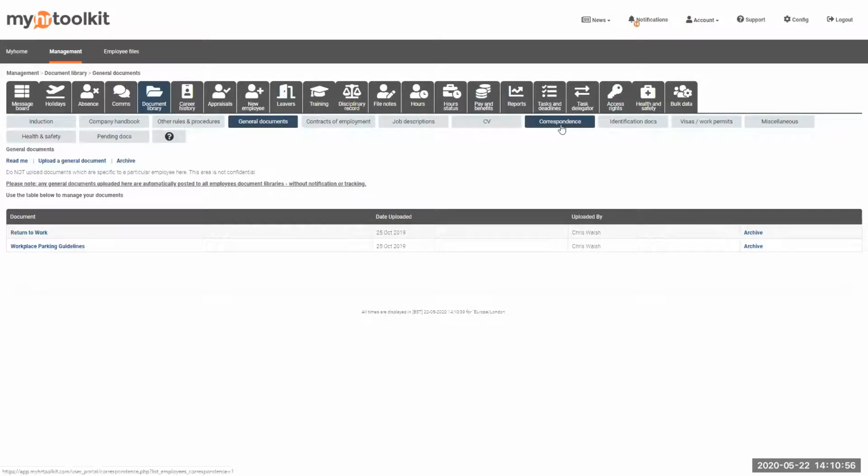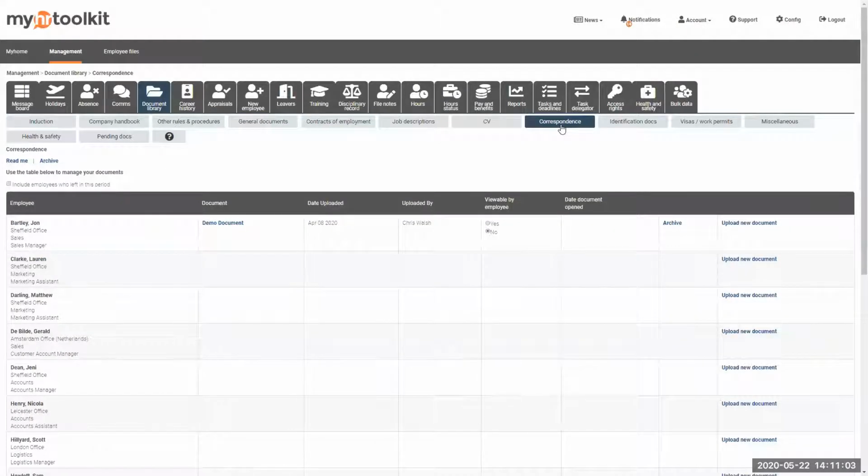The correspondence documents. Correspondence documents may be hidden from employees, and this can be chosen at the initial upload stage. After the upload, the visibility can then be changed as required. With identification documents and visas, these are visible to managers and controllers, but not to employees. However, a controller can specify the visibility of the identification docs and the visa work permit tabs by navigating to,